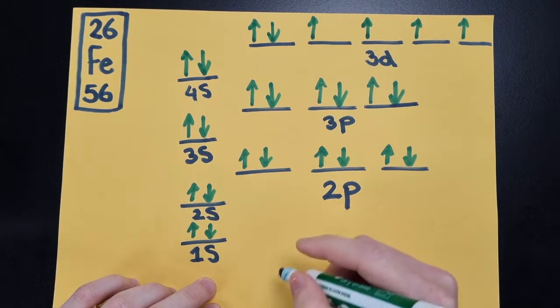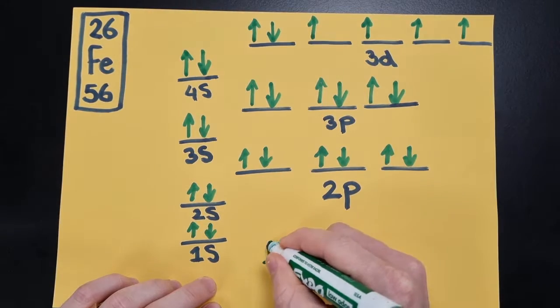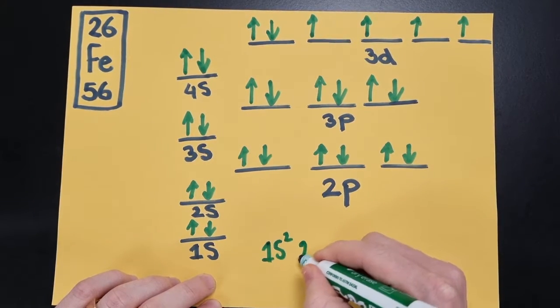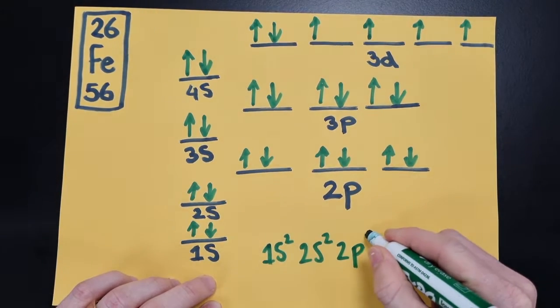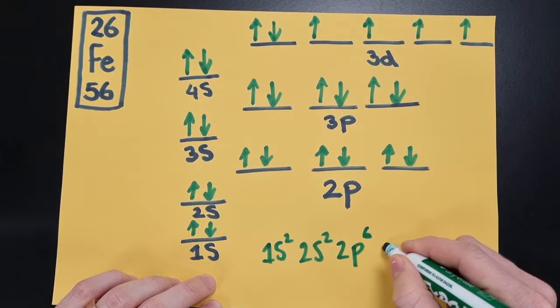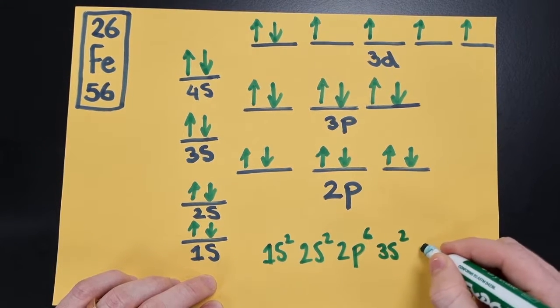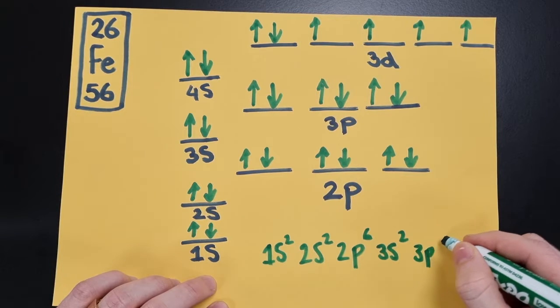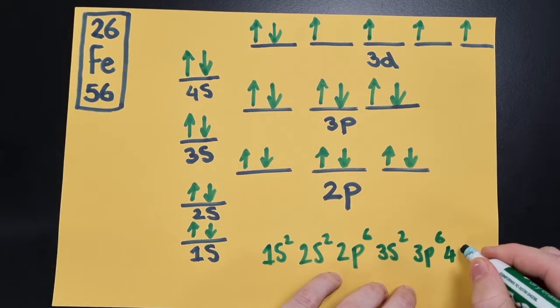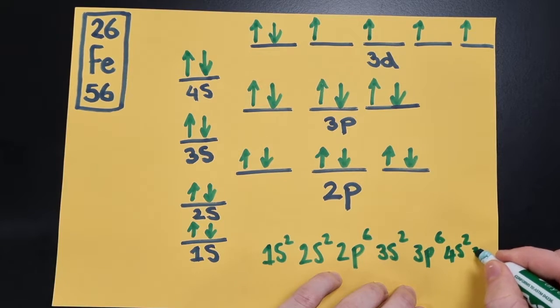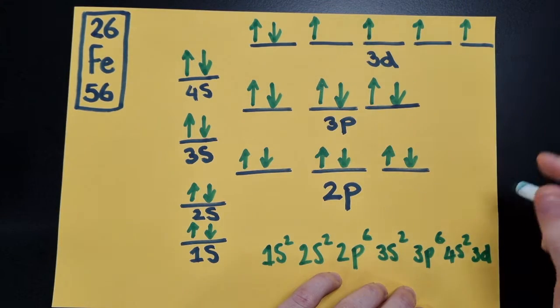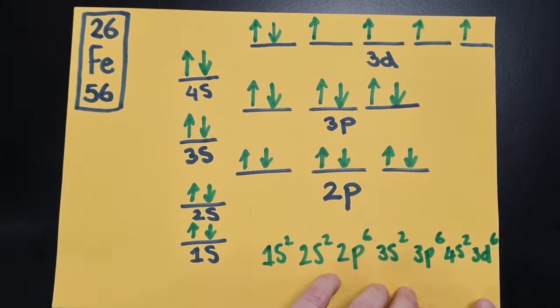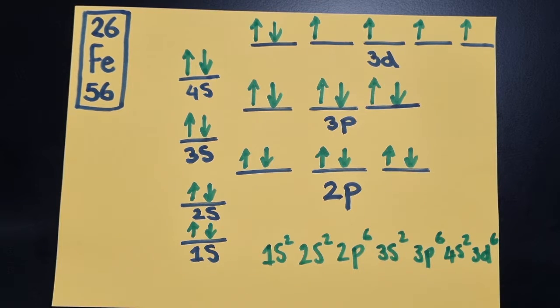We have our 1s that has 2 spots. We have 2s, which has 2 spots. We have 2p that has 6 spots. We have 3s that has 2 spots, 3p that has 6 spots, 4s that has 2 spots, and 3d that has 1, 2, 3, 4, 5, 6 spots. Now, setting it up this way is okay, but we actually have a bit of a shortcut